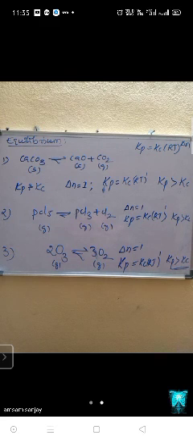Just only concentration of CO2. I am saying no, solids you should not consider, even liquid also should not consider. Because the solid contains definite volume. Volume is not changing. N is not changing, volume is not changing. N by V is the constant. For liquids also N by V is the constant one. But for gases only, volume is changing. N is even though constant, volume is changing. N by V is variable. That variable concentration only we are going to calculate.